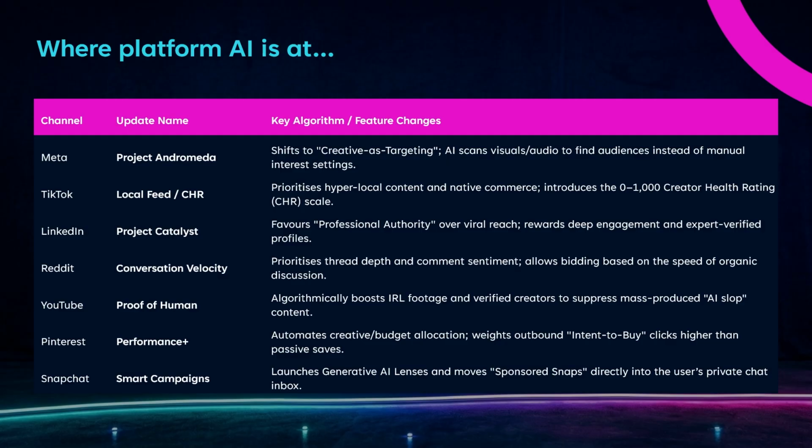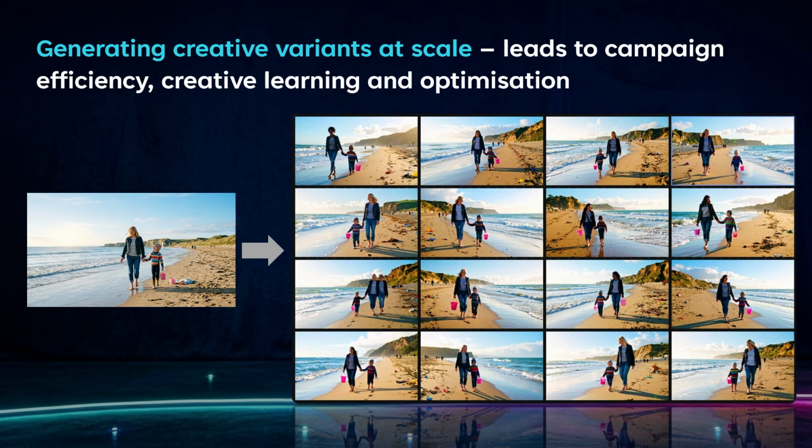So Performance Plus, Advantage Plus has been on Meta for a while, smart campaigns on Snapchat, all these different ways where it's a lot more reliant on feeding first-party signals into the platforms rather than relying on defining a user based on interests. So this is one of the areas I want to just focus on a little more, generating creative variance at scale, because I know I've had so many conversations about this, and I've also seen, to be fair, Paul, you've come up with loads of different examples of where we've actually done this for clients. So do you want to talk us through different approaches to this?